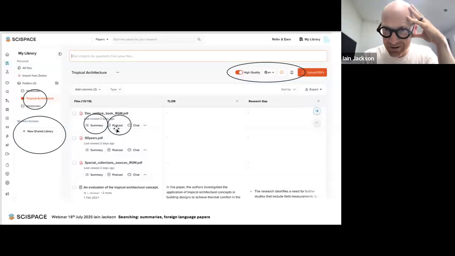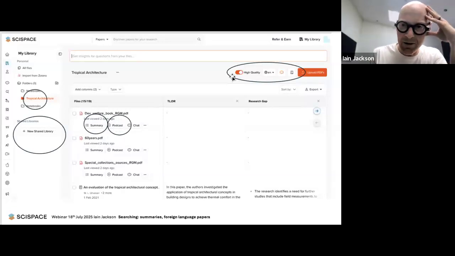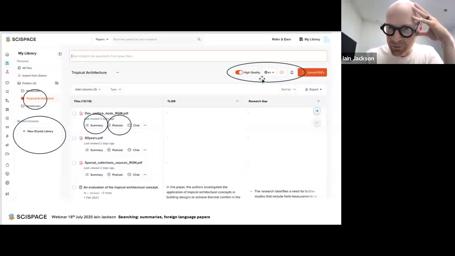I've really enjoyed that. And then obviously we've got stuff up here that we can do. We can put it into high quality if you need things in more depth, or turn that off just for the quick rough and ready overview. We can translate into English if we want. We can use AI to start to formulate some text if you want. It's not something that I want to do at the moment. And then we've got a little notepad, which is really important as well, and we'll go over that in a minute. So there's some of the key things that I think are super useful for us.